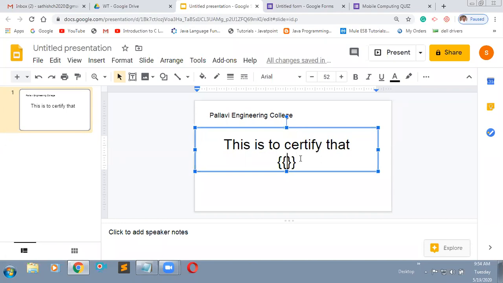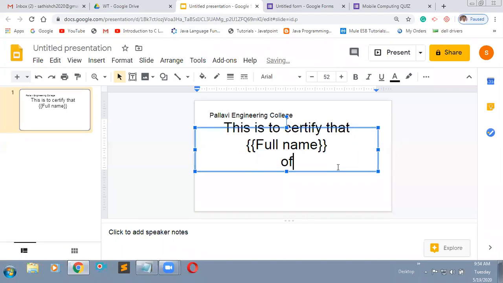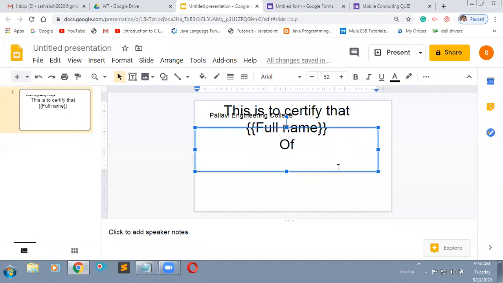Here you need to mention the full name, the full name of the participant. In the same way, I'm taking the college also. How can you take the college? Here you need to mention another identifier. I will tell you what this is.